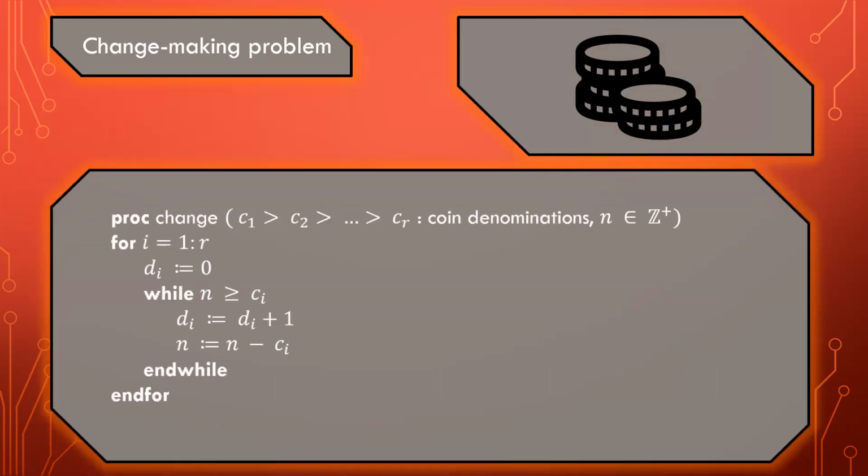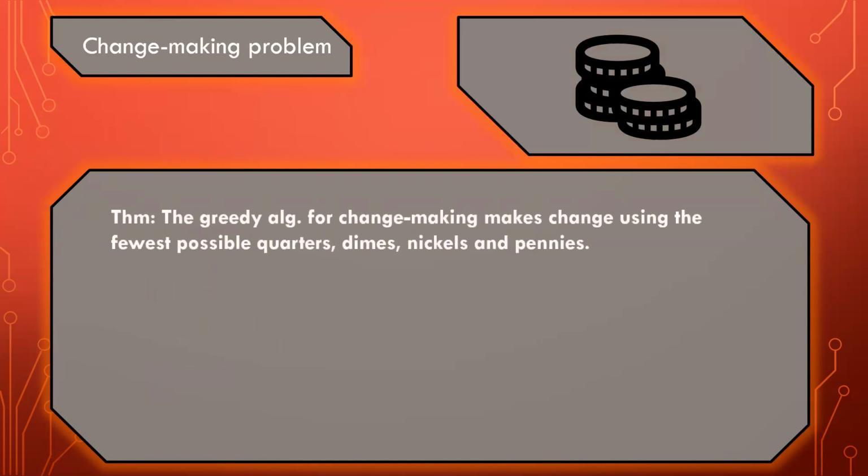Here's the pseudocode for that. Again, nothing real special happening. Just make sure you walk down that denomination list. Note that this code works for any denominations that you give in decreasing order, not just US coinage. So here's the theorem. The greedy algorithm for change making makes change using as few possible quarters, dimes, nickels, and pennies. We're not going to prove that,